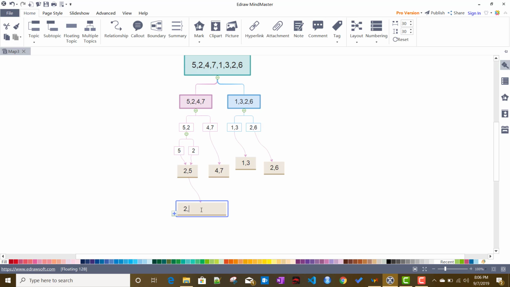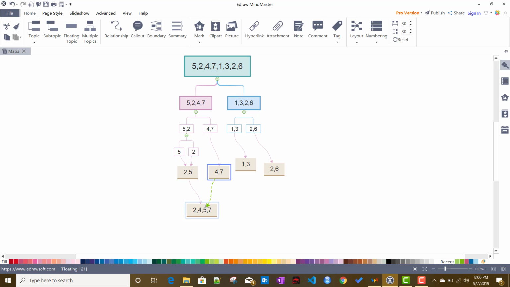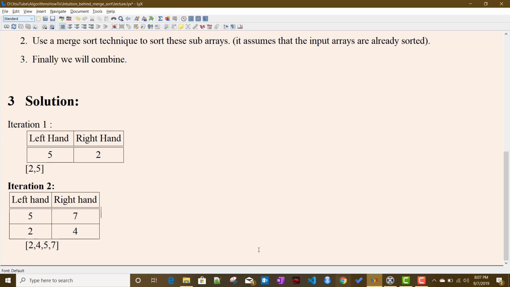2 4 5 7 over here, right? Again from here I'll just drag it, delete from here, I'll just drag it to the same guys over here. Okay, so we merge these two guys over here. Now similarly, let us merge 1 3 and 2 6 over here. Okay, so I'll just write it down,